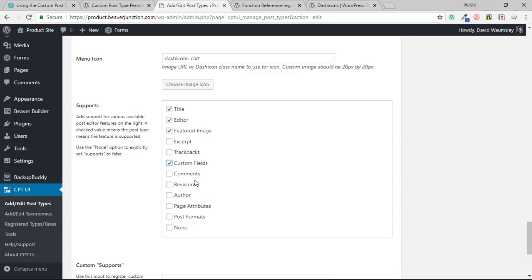I don't want comments, I do want revisions. I decided I might go for author here, and maybe I'll go for excerpts so I can have something different show on the archive page to what I've pasted in the main editor. And that's probably it. If my theme supported having some different templates, I might want to tick this, which means